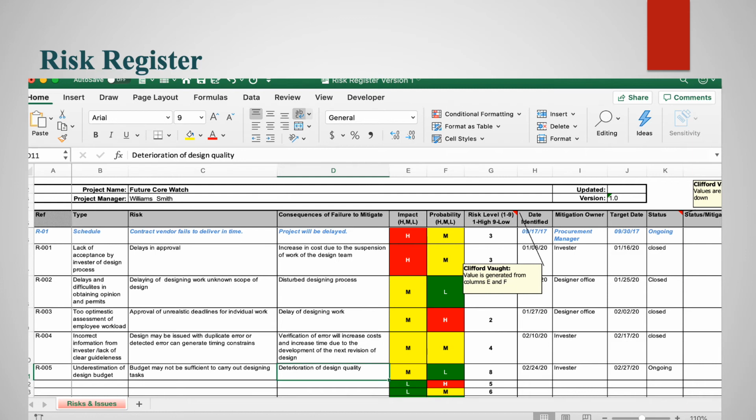So the issue is that it can be a failure, it's not going to be, but it might be the design quality, I mean, deterioration of the quality. Okay, and who's responsible for this? The investor. So the issue is still going on, so that's why I put the status as ongoing. Okay,